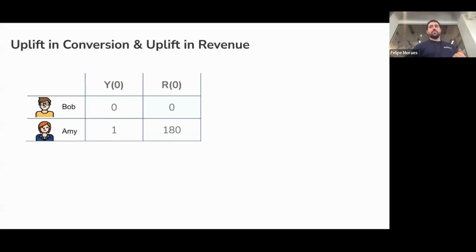So I already showed personalization in a sense that didn't have a cost. Now I want to go to how you look at uplift in conversion and revenue. So imagine we have Bob and Amy, and they're two nice people. They have been to our website and they had one conversion, one non-conversion, and there's some revenue.